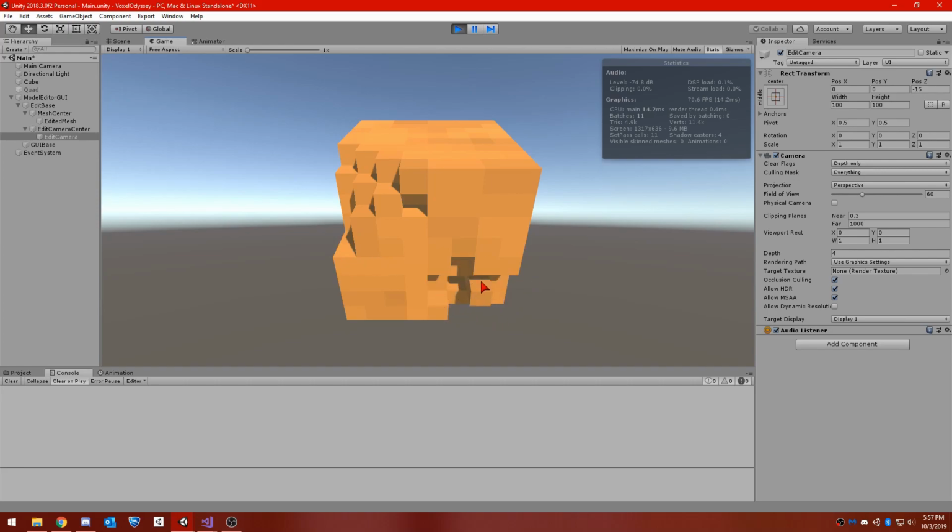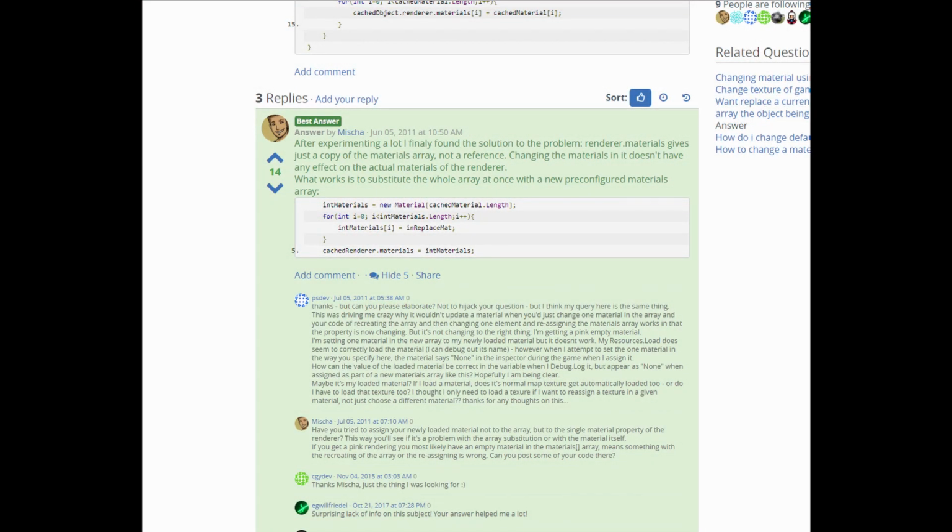On my voxel mesh objects in code, materials are stored as a string array, and when I load the mesh into Unity, I read each value from the array and then look up its corresponding material in a dictionary. However, to assign the material to the mesh renderer in Unity, I originally iterated over the mesh renderer's material array to assign each material. But it turns out that the way Unity has implemented the accessor for the mesh renderer material array is to make a copy of that list and then return that. So I was editing the copied array, which didn't actually have an effect on the original mesh renderer. So in the end, I had to create a new array and then assign the whole thing at once to